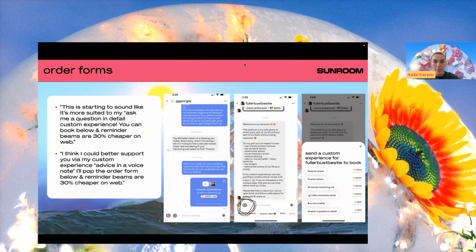Order forms. Okay, this might be something that you are not completely aware of. It is a relatively new feature and it's really, really useful. So I'm sure some of you have found yourself in conversations with people in DMs where they're actually just asking quite a lot and the conversation is just going and going and going. So a couple of things you can do, you can literally take some of the language that I've got here,